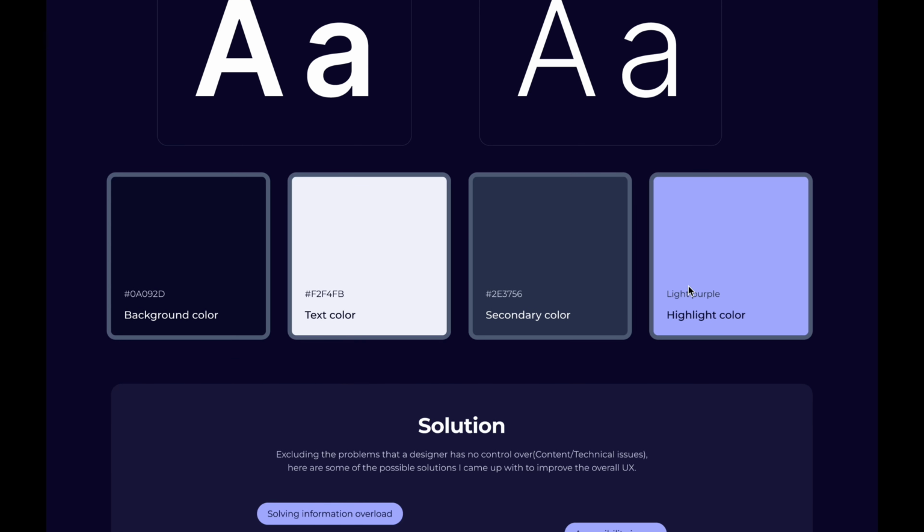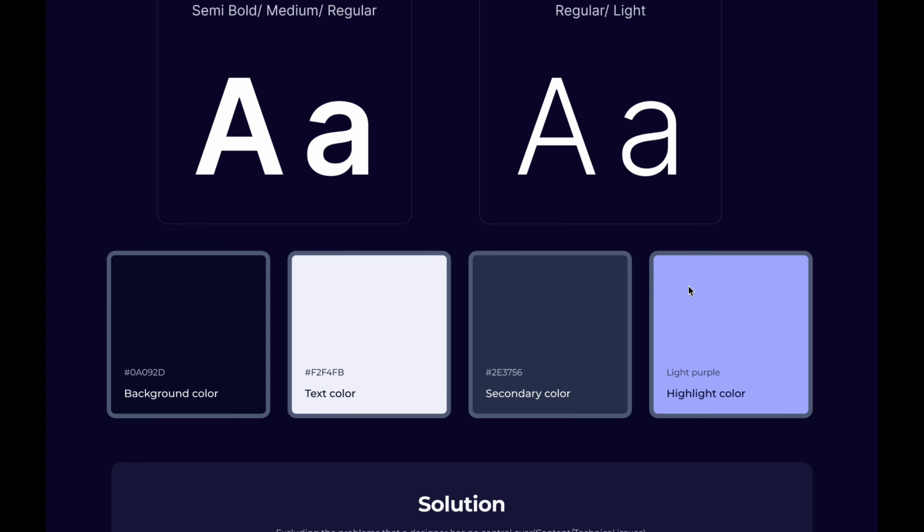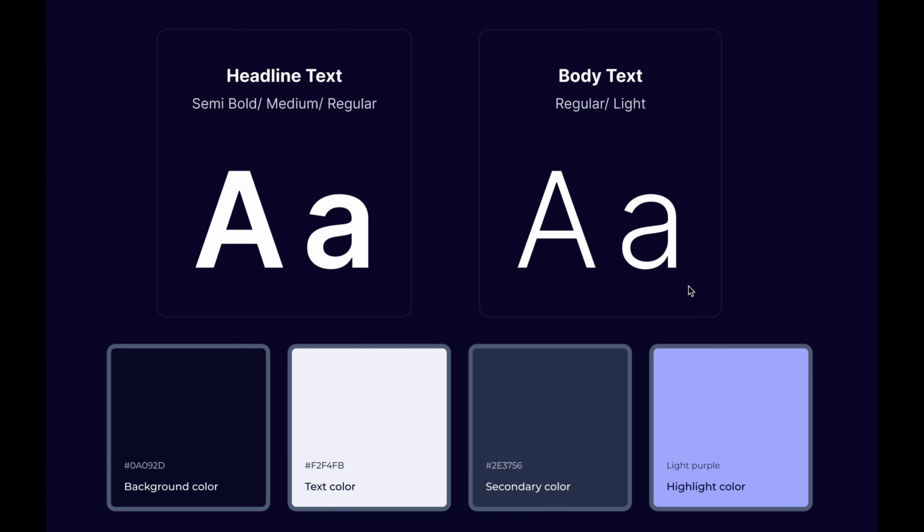By combining a modern typeface with a minimal yet effective color palette, we create an interface that is intuitive, friendly, and easy to use. Consistency in using typography and color not only establishes a professional look, but also enhances the user experience, helping users focus more on learning content.